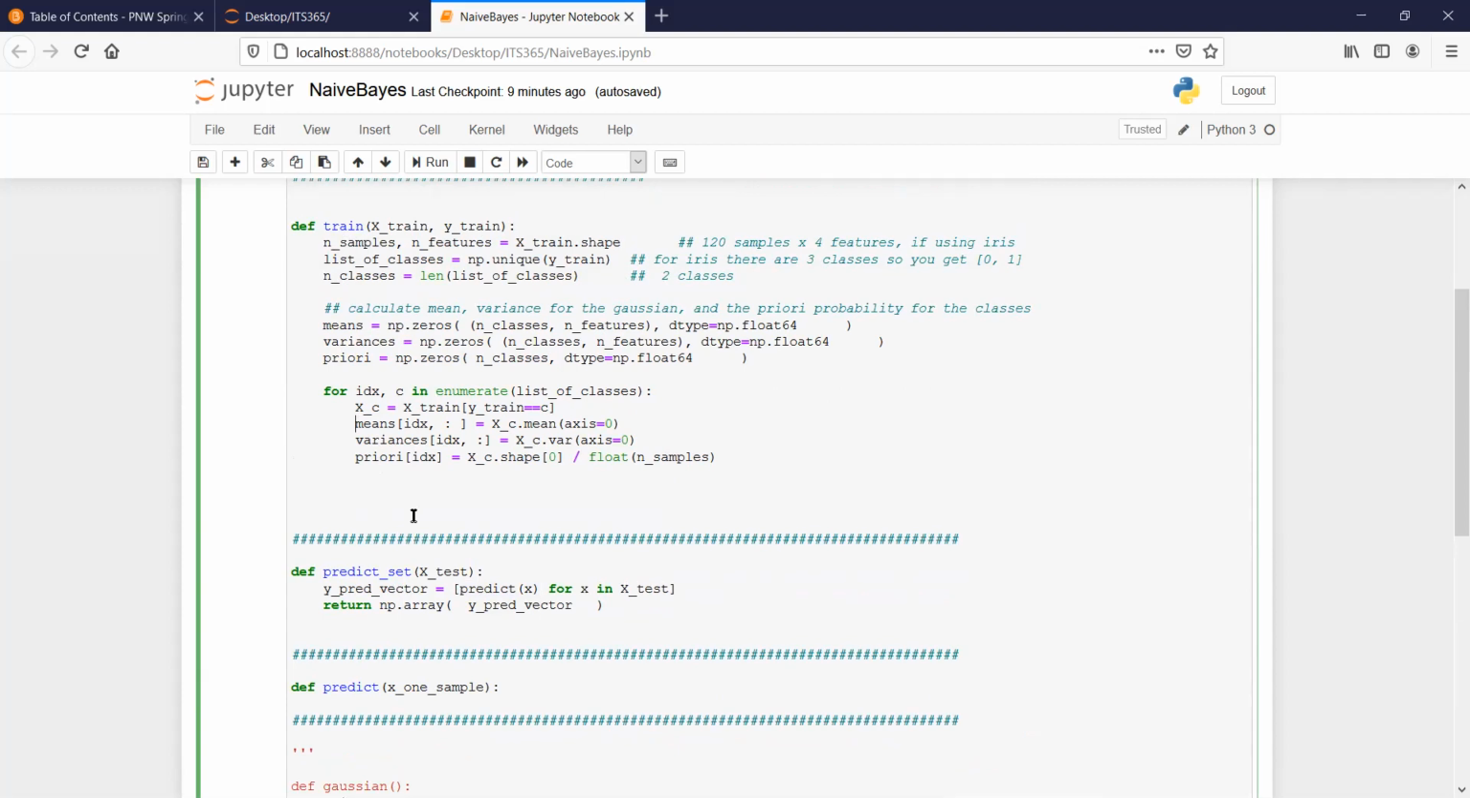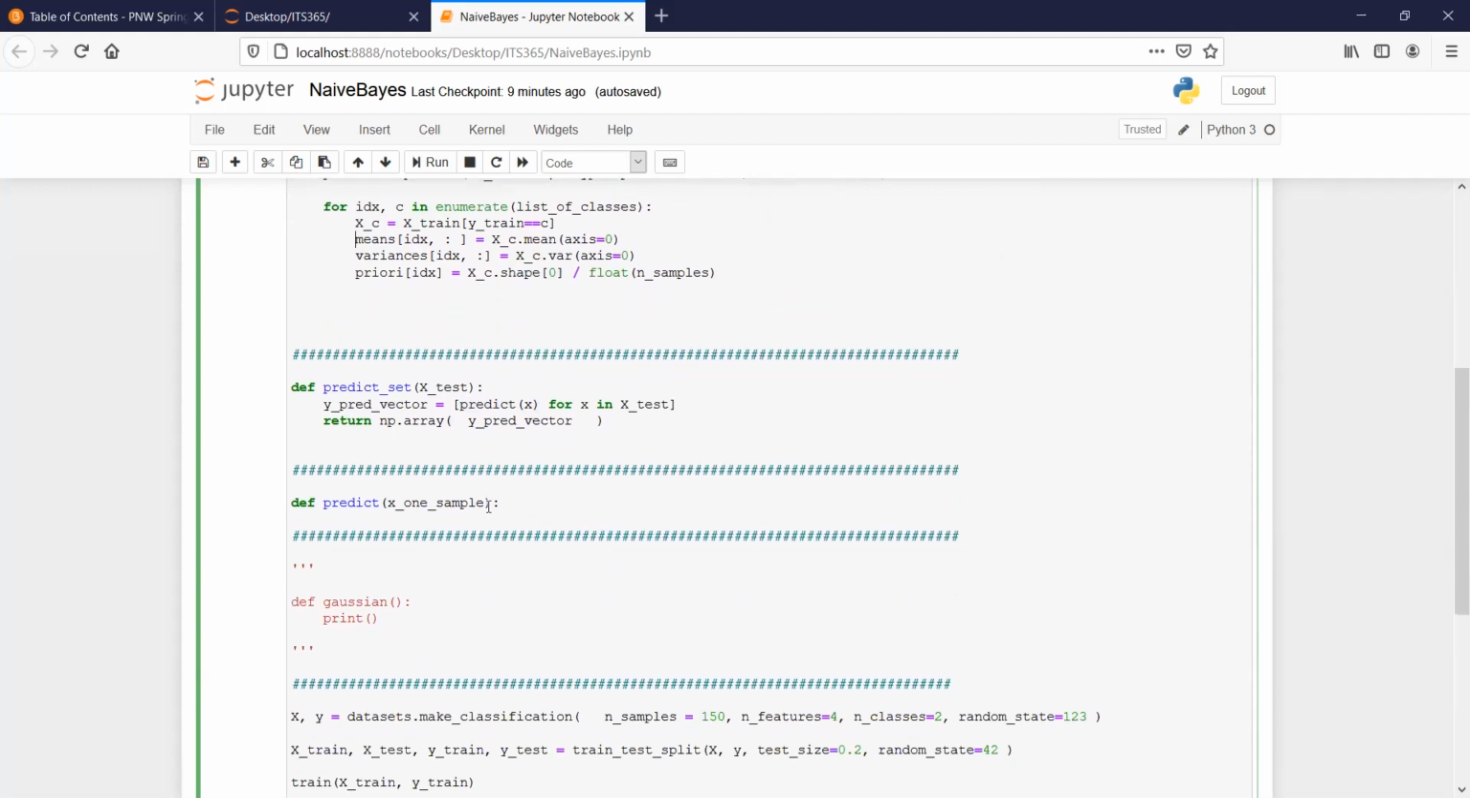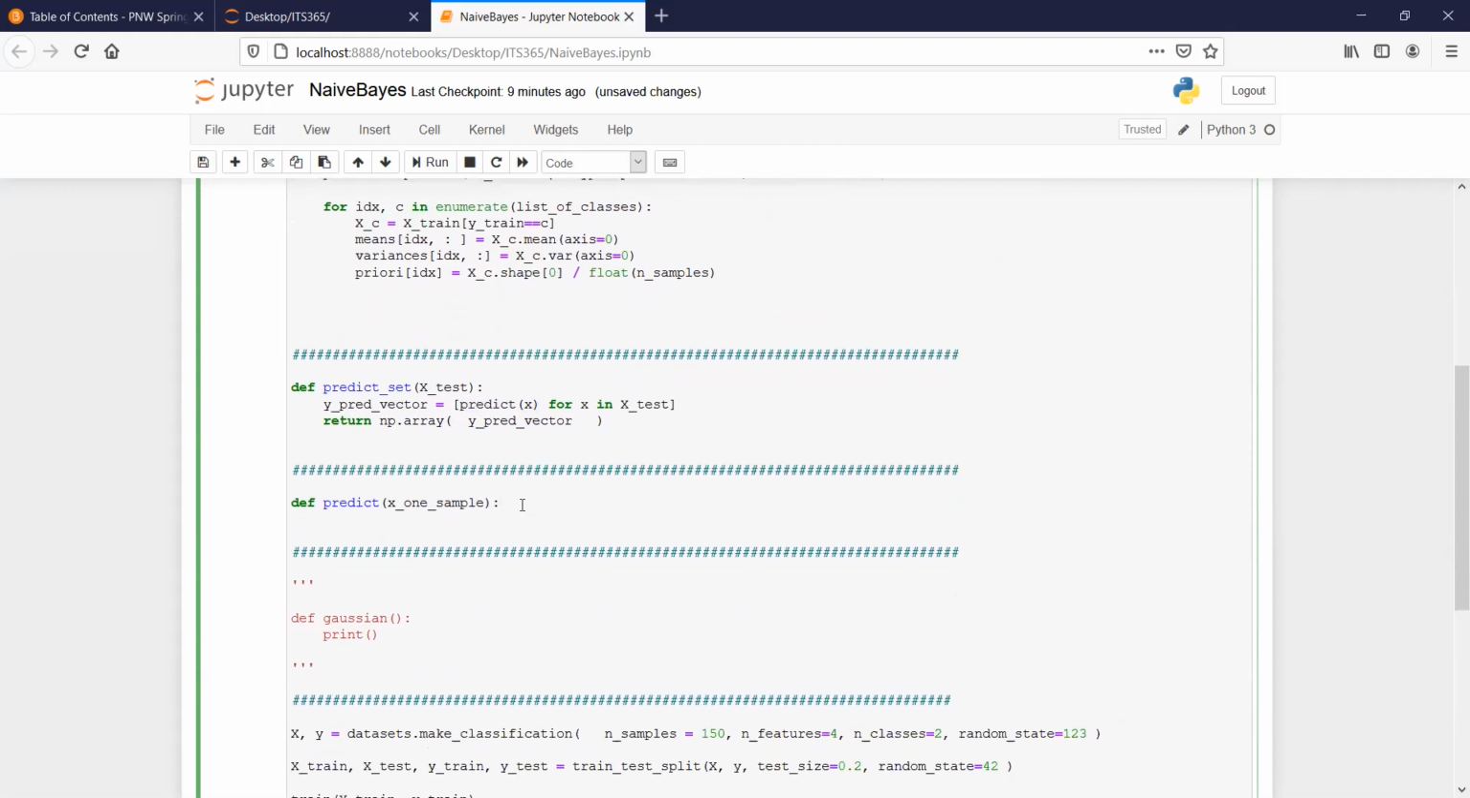All right, so anyway, we need that information. So now let's go to predict, the actual predict little function that only takes one test sample. So this one just takes one test sample, which is x one sample. So here, what are we gonna do? We need, this is going to be,